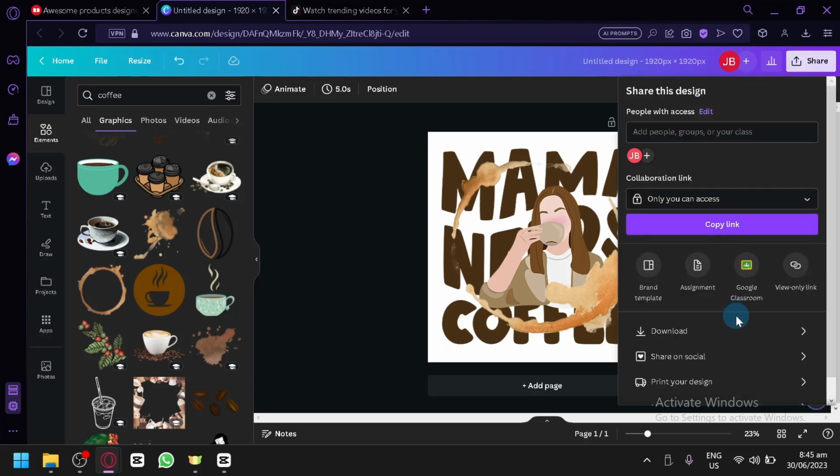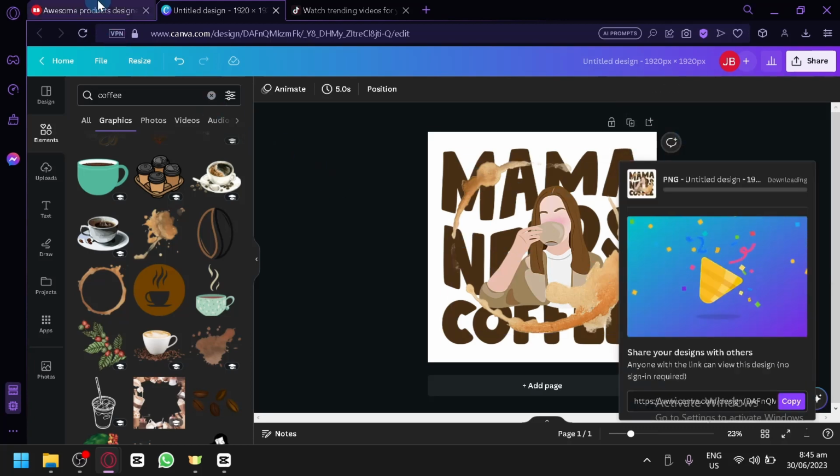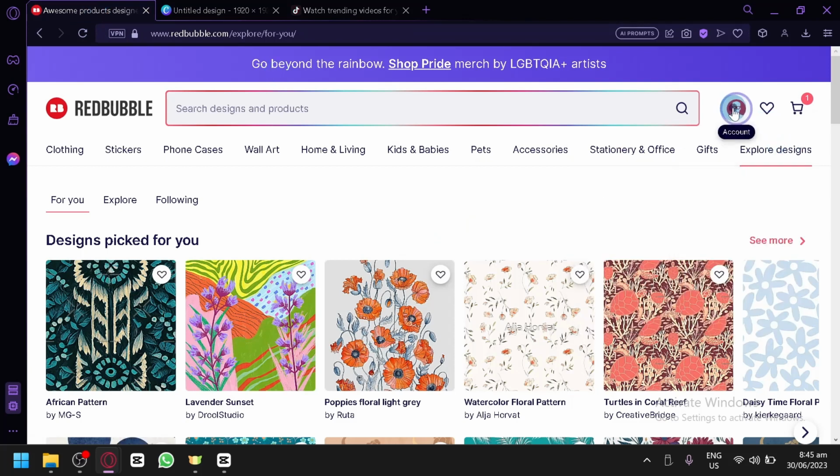Simply click on share, download, and as a PNG over here. Then click on transparent background. For me, I would like to have a transparent background, but for you, you don't have to do this. Even though you have a background, it's still completely good. So click on download. And now over here in Redbubble, to be able to add your product, you can simply